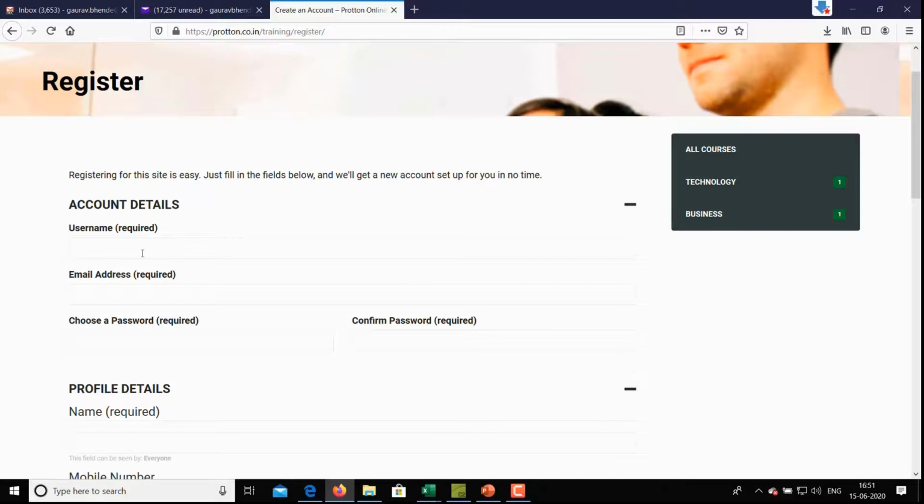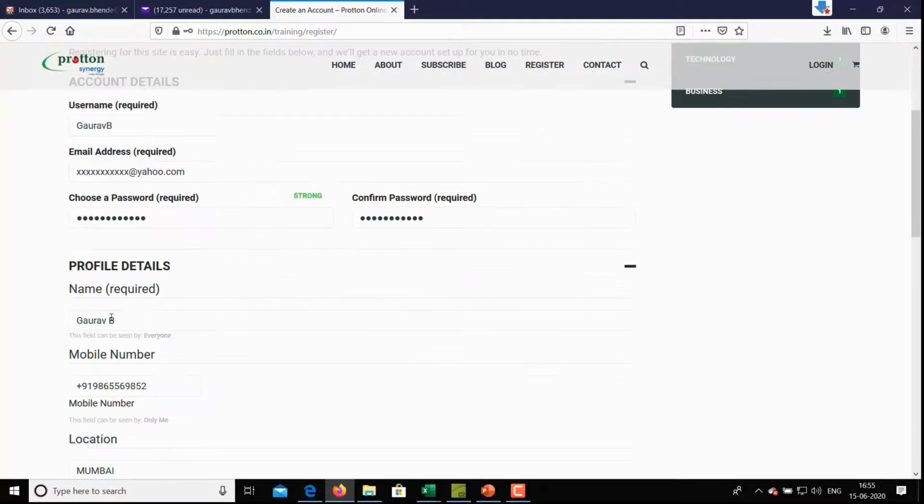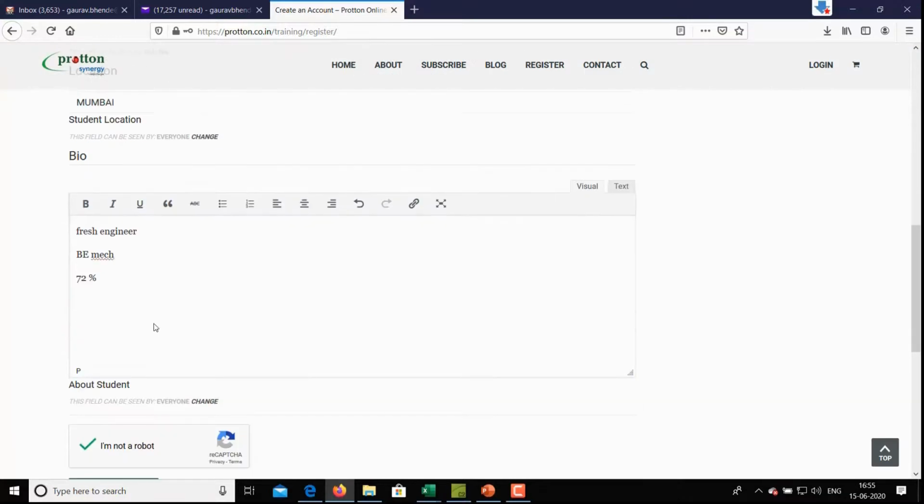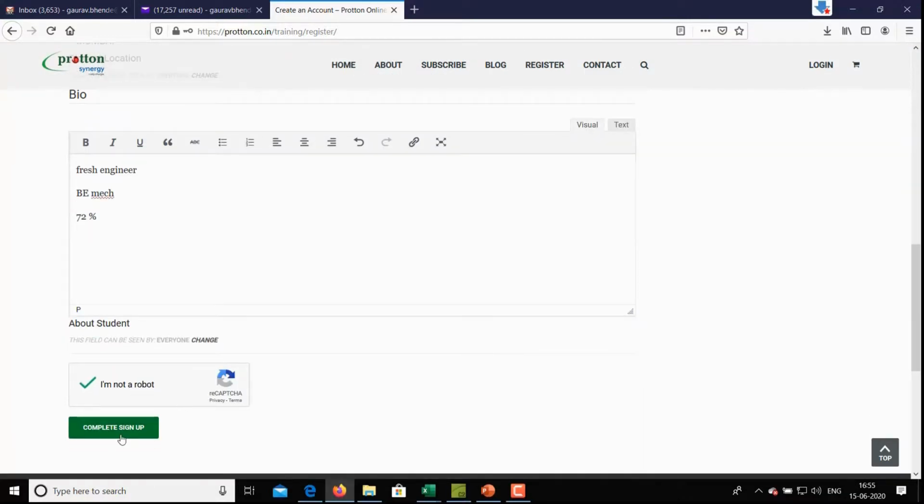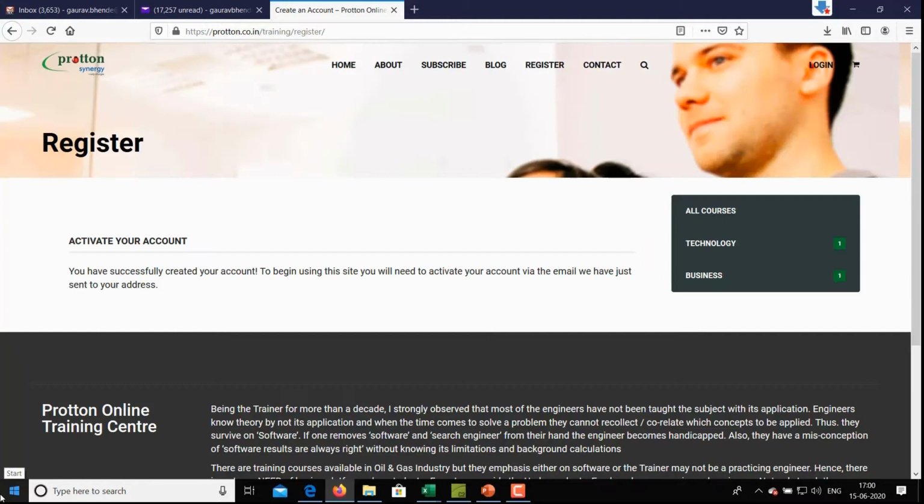Now I'm going to put in some details of mine, some dummy details. You get a message, activate your account. It means you need to go to the email address which you have put in and activate the account.